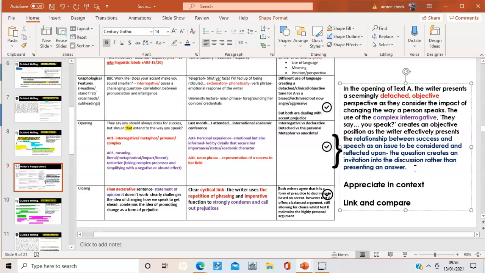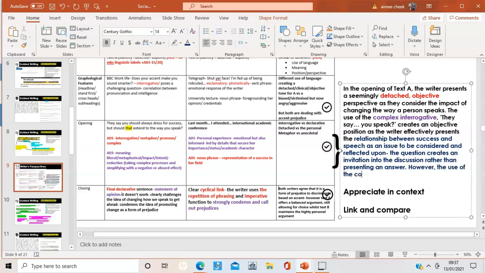Now, I could then still zoom in on something, so I could talk about the use. So even though it's a complex sentence, the use of the but as a hinge point within this shows a change in direction. The but does suggest that actually it shouldn't be as simple as, yes, success is linked to the way you speak, but is a challenge point. So actually, although it's a seemingly, that's why I use that adverb, seemingly detached and objective perspective, actually, if we really wanted to begin to get the evaluative explanation that gets the higher grades, we could then just zoom in. So, ready? However,